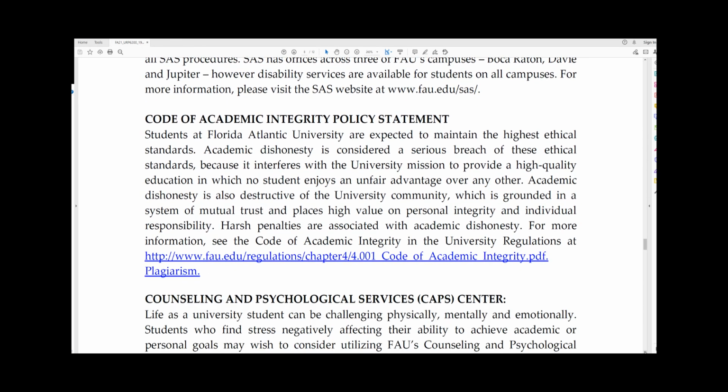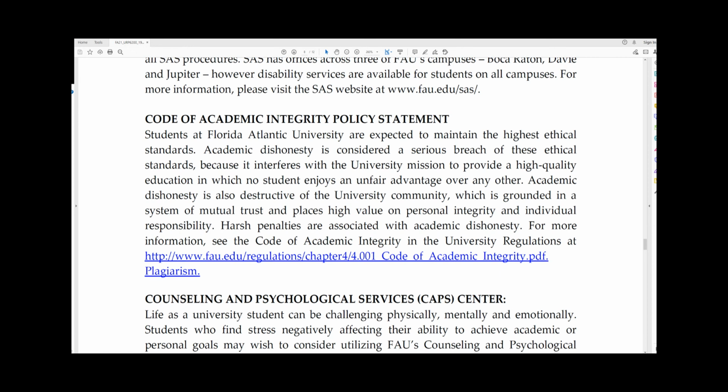And the plagiarism, I really want to stress that. Right now you are in grad school, so you should know that when you cite somebody, you should really use your own words to paraphrase. And then you should credit the sources. And I do check for plagiarism. So if I find a lot of copy and paste directly from the sources,